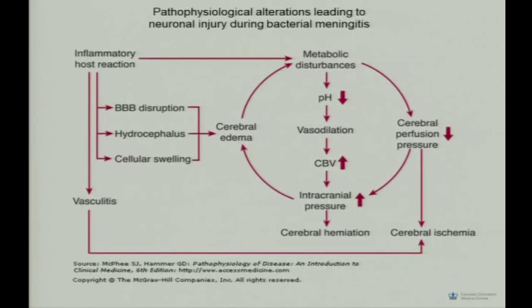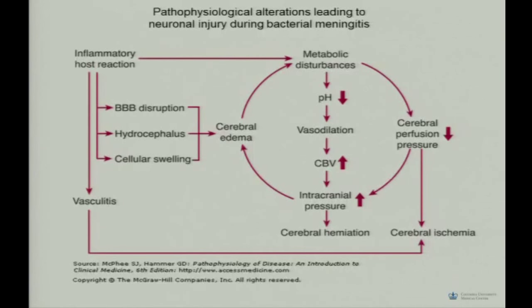So the manifestations and the complications that can occur from meningitis tend to be rooted in the inflammatory response that the body has to the infection, okay? That then affects cerebral perfusion and creates the host of manifestations. So as a result of the infection, we have this inflammatory response. Now, the inflammatory response, we know,